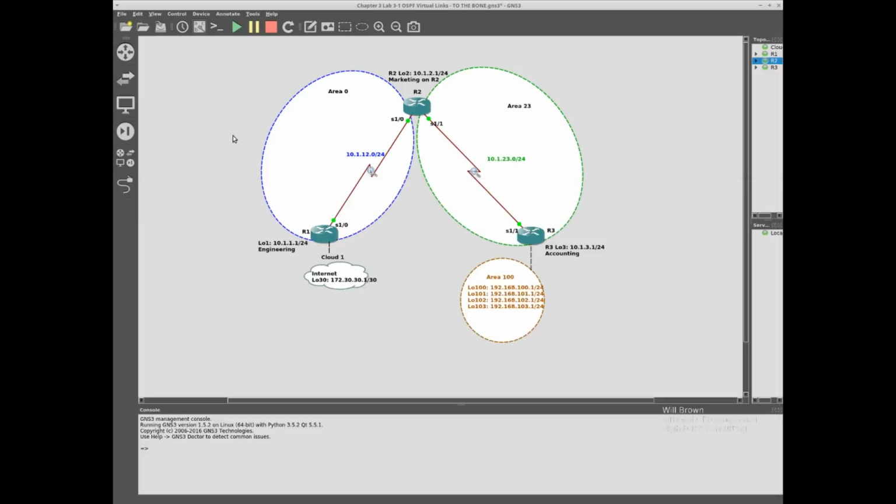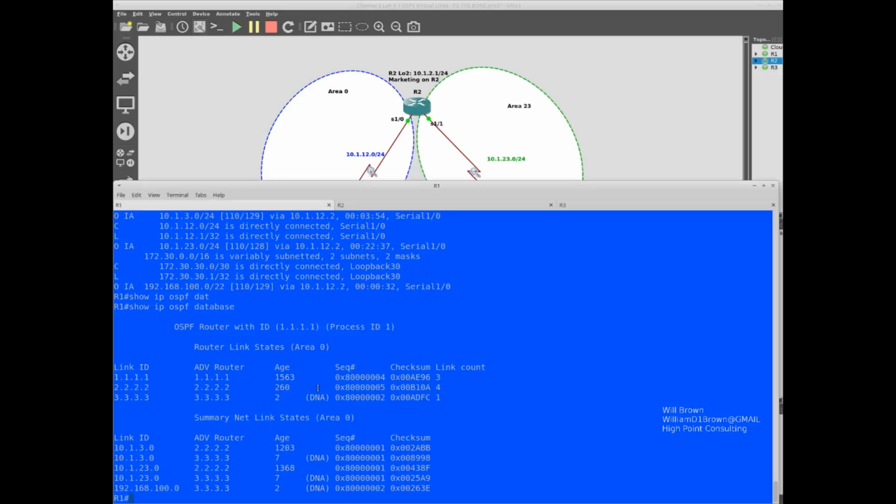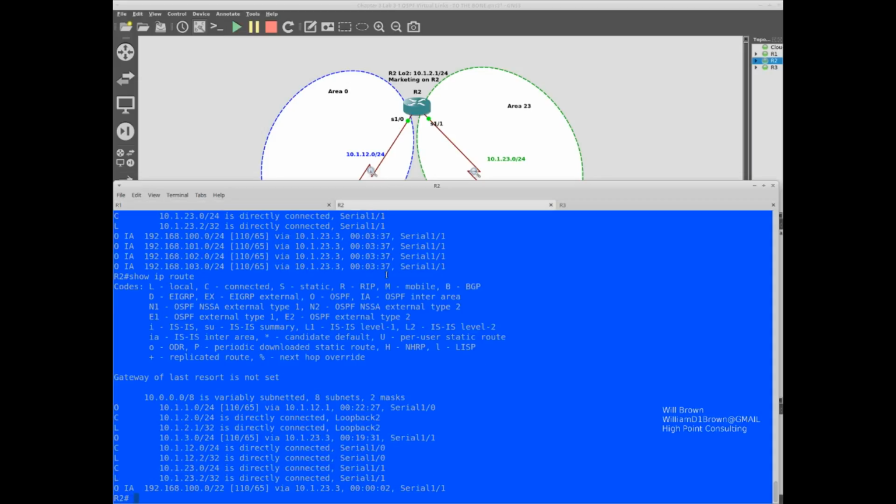So I think there is one last thing, which was that this loopback 30 interface on router 1 was to be simulated as our internet connection. So we need the OSPF process to let router 2 know that there is a default path, because right now router 2 doesn't have any default paths.